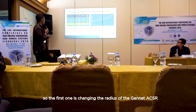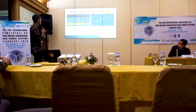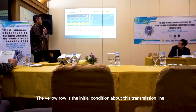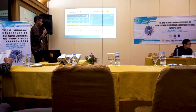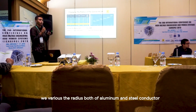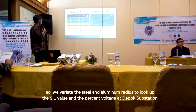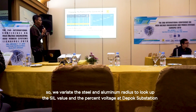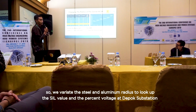So the first one is changing the radius of the Gannet ACSR. The yellow row is the initial condition of this transmission line, and we can see here we vary the radius of both the aluminum and steel conductor. So we vary the steel and aluminum radius to look up the SIL value and the percent voltage at Depok